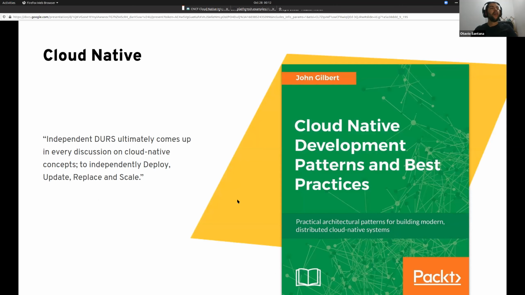Right now, in this book, Cloud Native Development Patterns and Best Practices, we have a new word, DIRT. That means deploy, update, replace, and scale. Again, it is more about operations, to decrease the number of operations and make everything as automatic as possible.